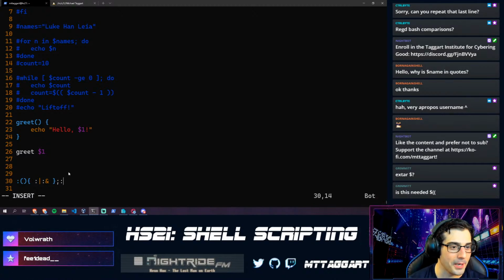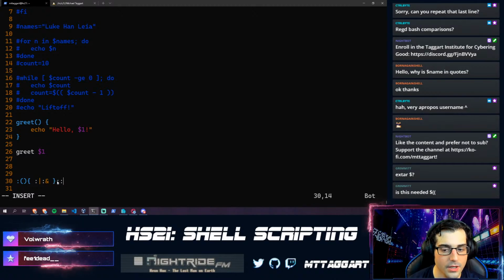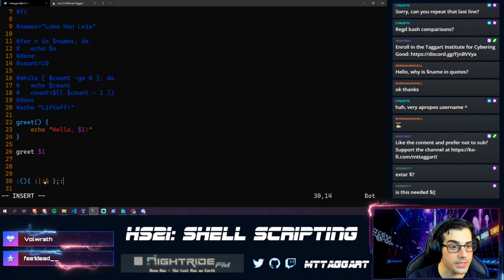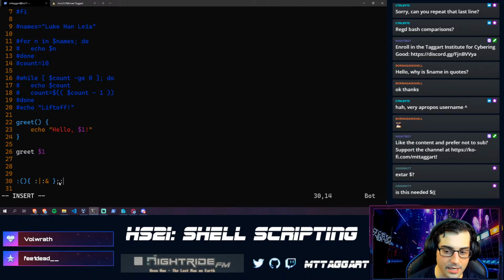This is known as the fork bomb. And what are we looking at here? This is taking advantage of how weird Bash can get. What we are looking at is a function definition for a function called colon. And then inside of that function, what happens? The function calls itself. It then pipes whatever the result of that function is to itself, and then the ampersand backgrounds the task so that you can't see it happen, right? So that's the end of the function definition.